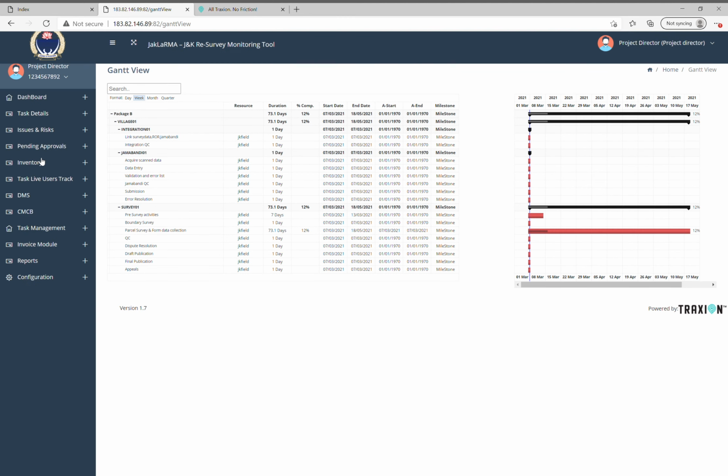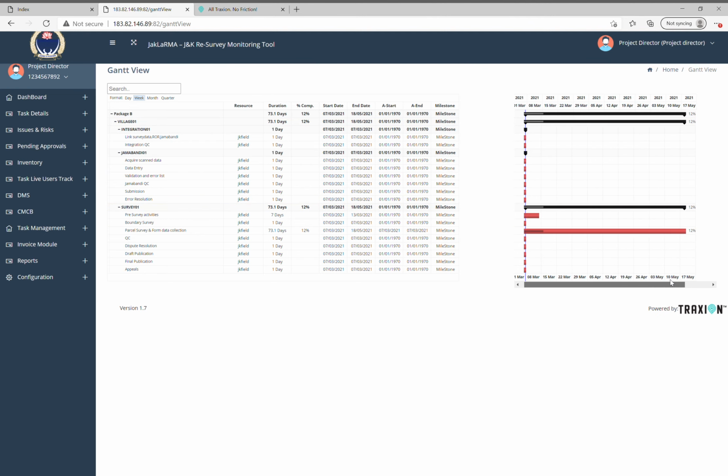We can also look at the overall activities and the villages in a Gantt format. If you can see here for package B, for one village we created three major subheadings, and in those we have placed these tasks with various milestones as well as start dates and end dates. Correspondingly, you will see that these tasks get created in the Gantt chart.